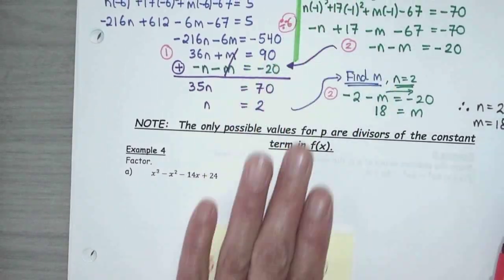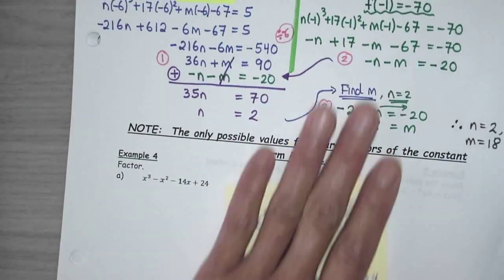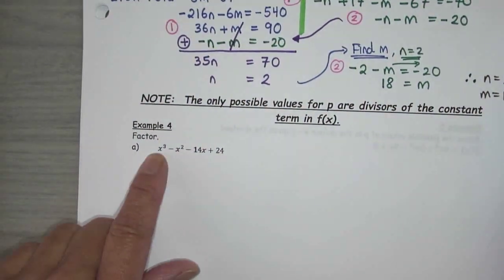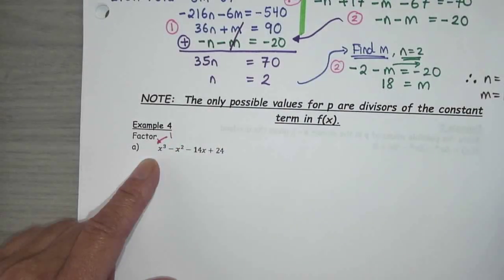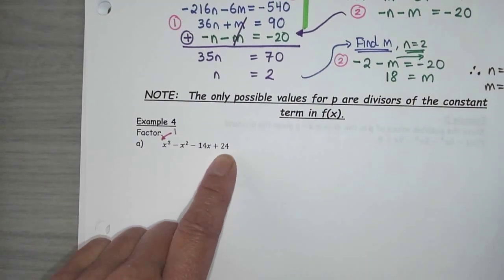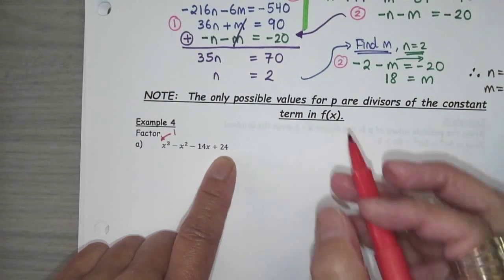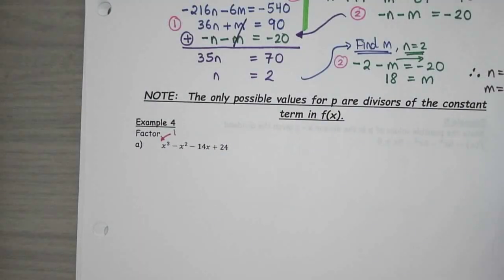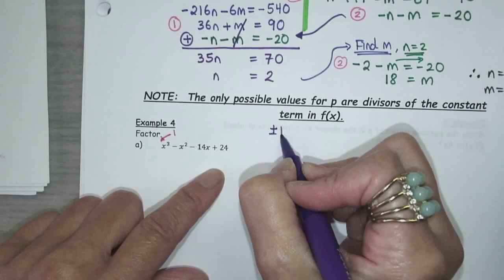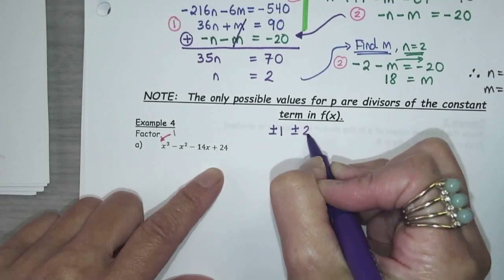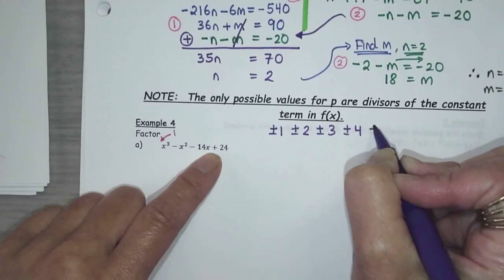That same theory holds true when it's any polynomial, not just a trinomial. So that works with a trinomial, and it also works with a polynomial. If the coefficient here is 1, then you're only looking at possible factors of 24 that could be a factor of this polynomial. So for this one, to divide into this, it could possibly be positive or negative 1, positive or negative 2, positive or negative 3, positive or negative 4, positive or negative,